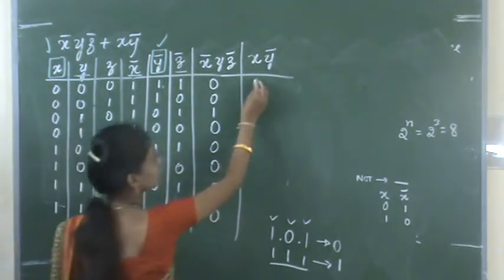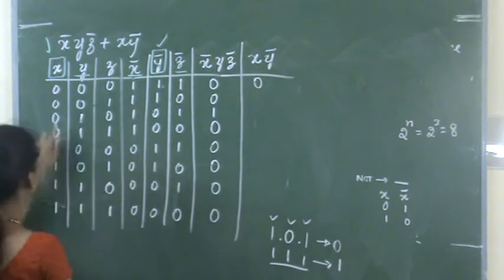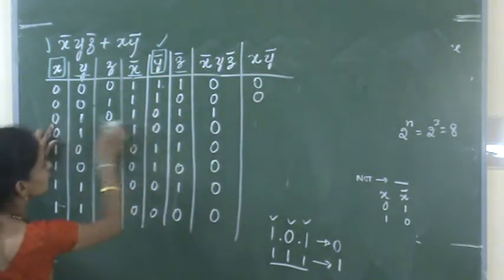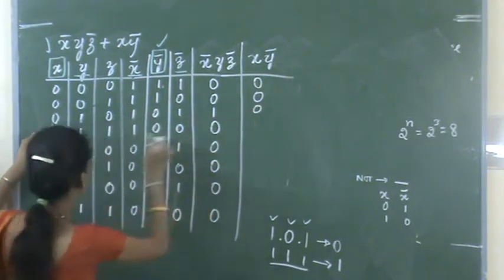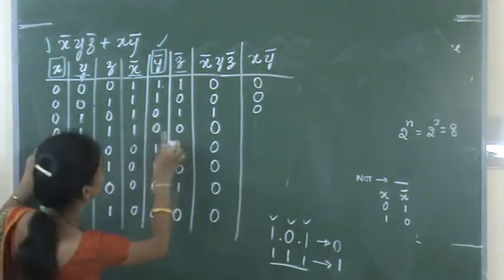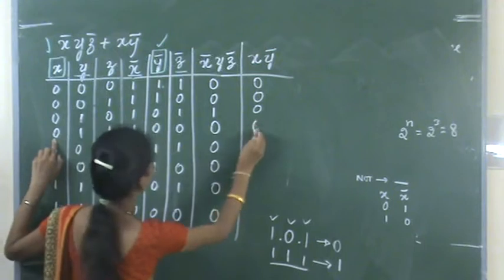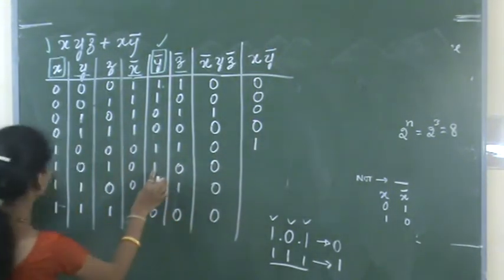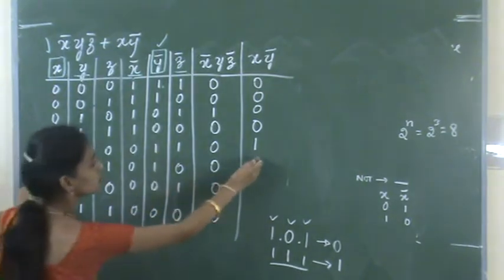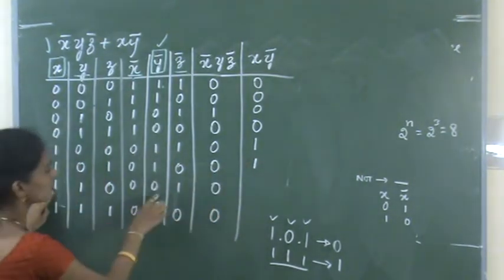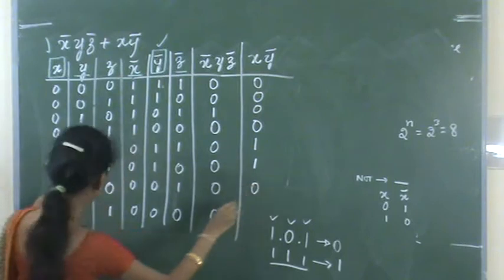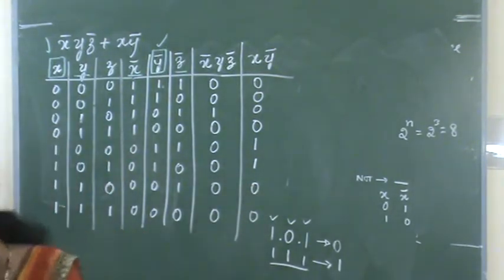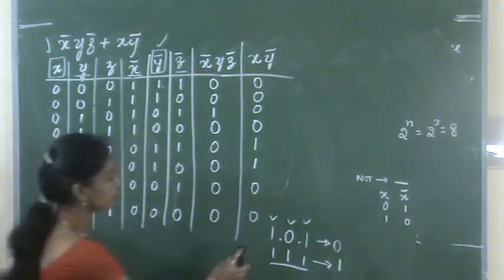So you will get output 0, 0, 1, 0, 0, 0, 0, 0 and then 0. You will get 0, 1, 1, 1. Then 1, 1, you will get again 1, 1, 0, 0, 1, 0, 0. So you are completing the